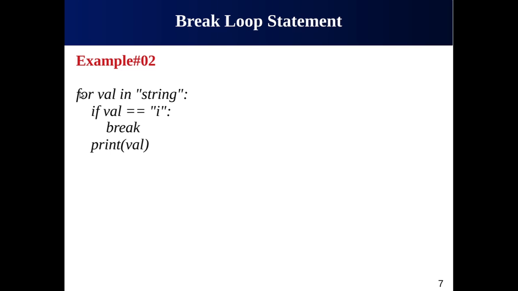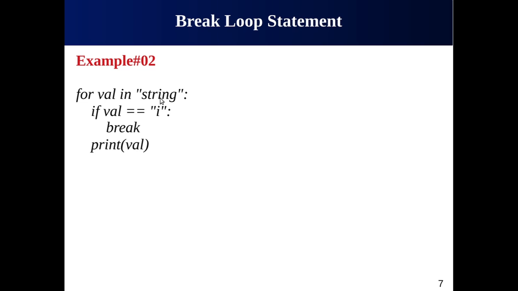Go back and now assign the next character, that is r, to the val. Now val stores r. Now compare the value stored in val with I. R is equal to I? No. Again, the condition is false. So we move forward to the next statement and print the current value of val, which is r. Come back to the for loop, increment val by 1.